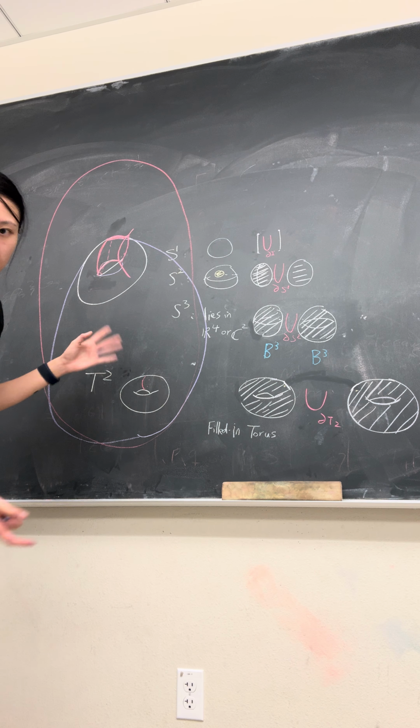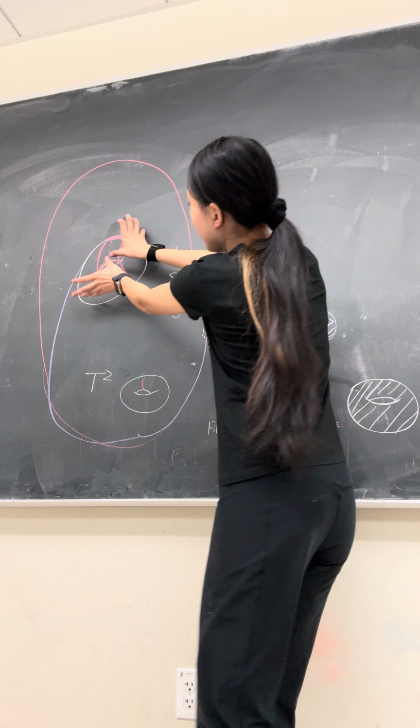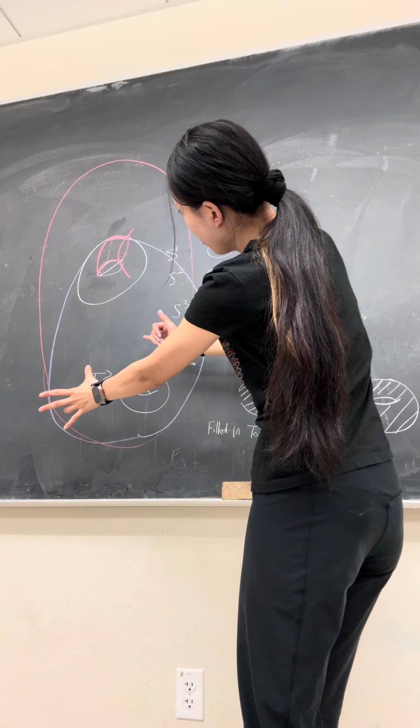So forget about the pink curve for the moment. You just take the purple one and fatten it a lot, and eventually imagine it just blows up,